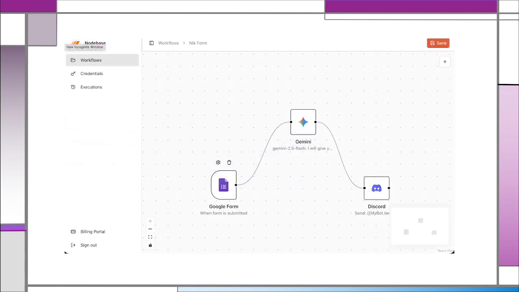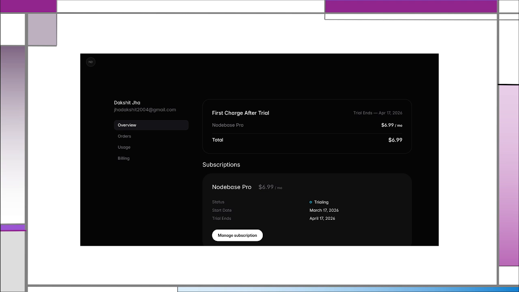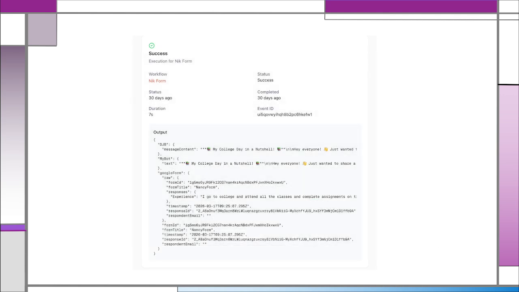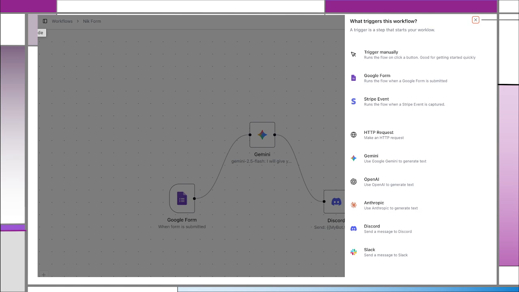This is the home page, or you can say it is a canvas where all the work happens. This is a payment gateway. I have used Polar for the payment. You can choose any amount of your liking to make it a product. This is a success page. We will come to it later when I will explain it.